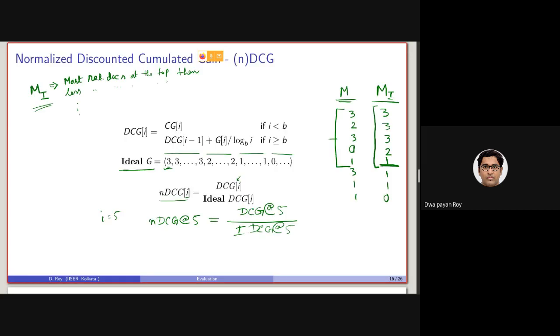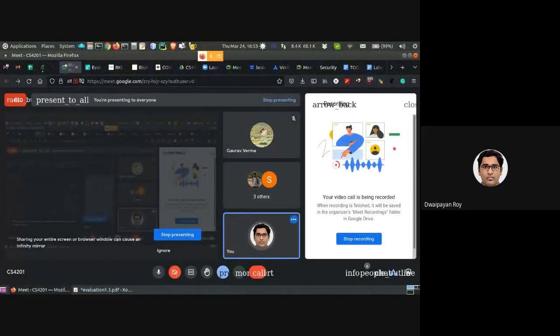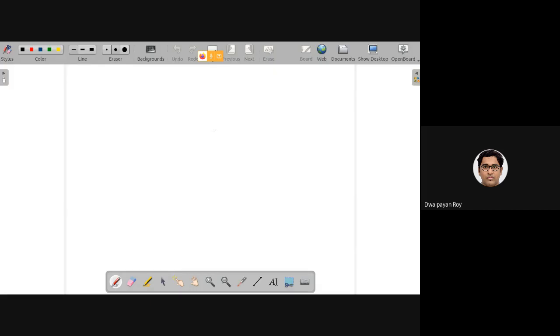So let's consider an example. Let's say the documents are say D1, D2, D3, D4, and D5, having retrieval relevance scores 2, 1, 0, 3, 0.